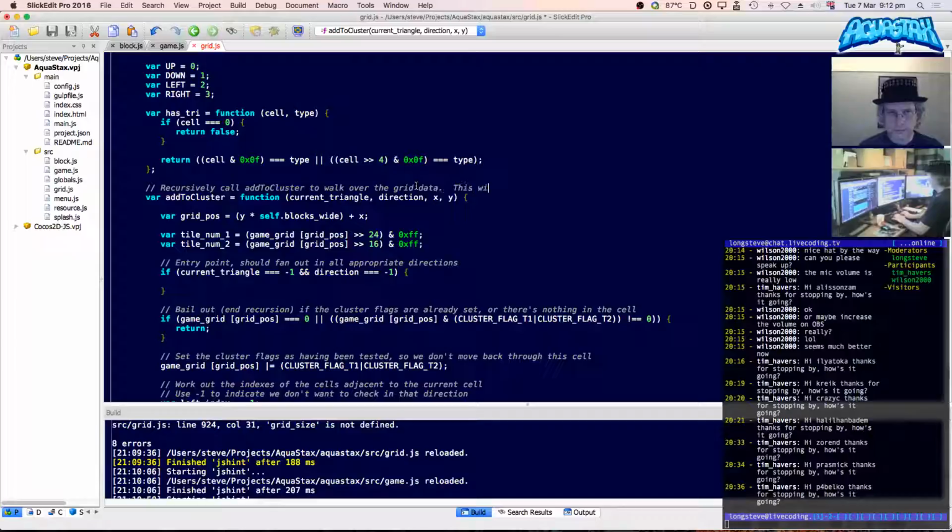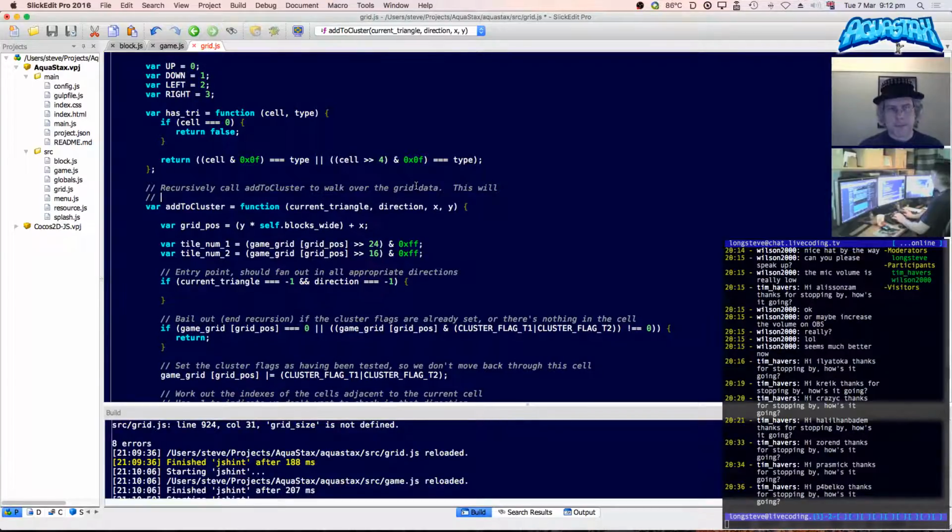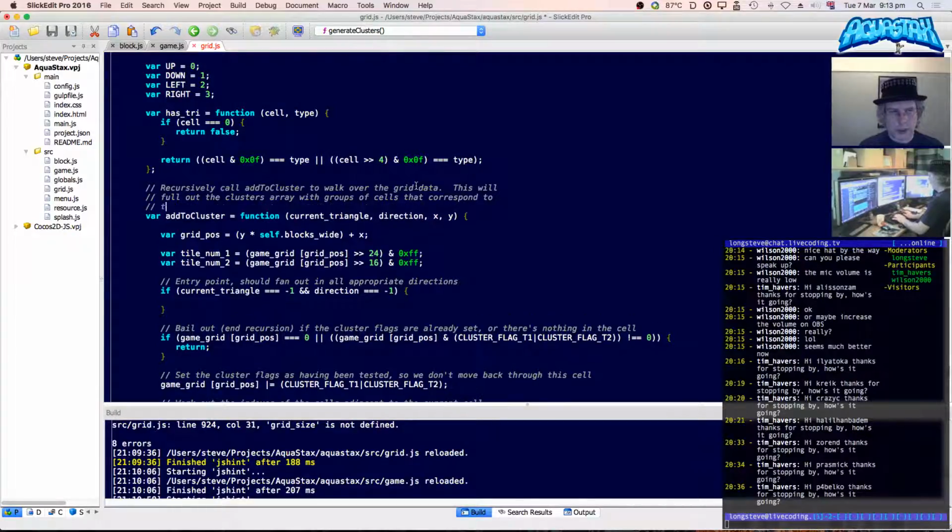This will group, or it will make, let's say, fill out the clusters array with groups of cells that correspond to blocks, or to the clusters